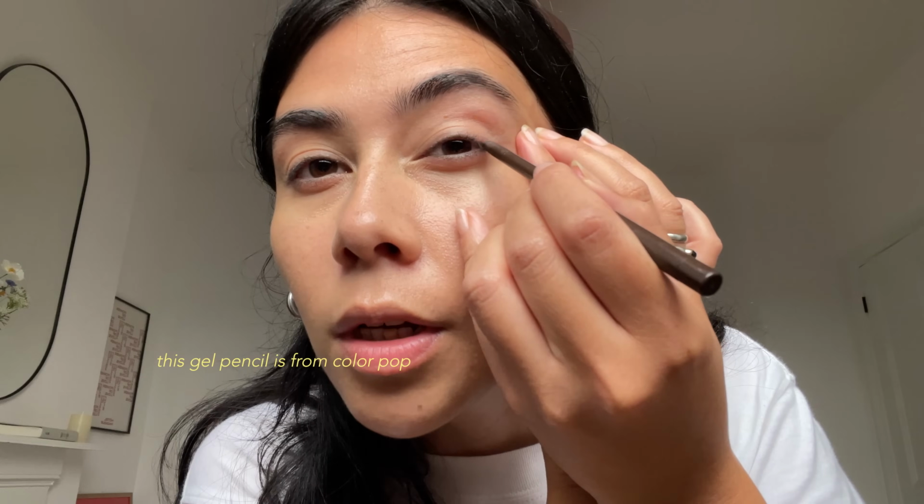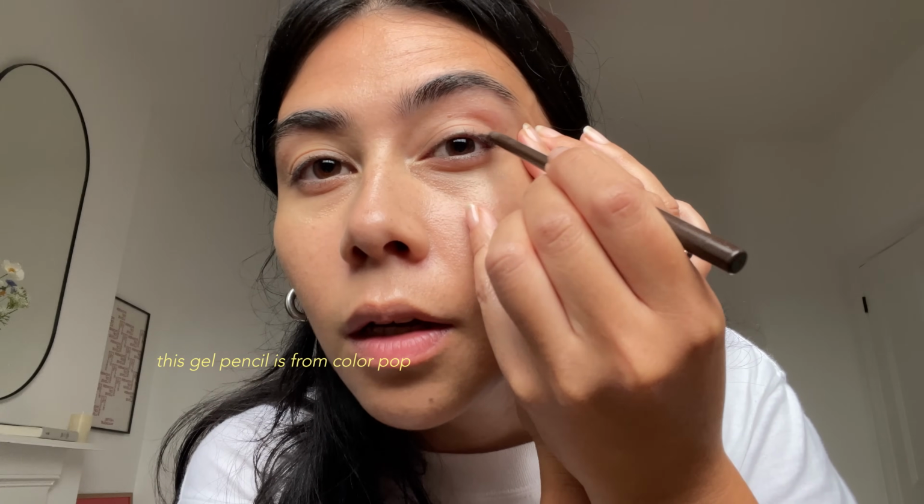You don't need these exact products. Everyone can dig out a brown from their Urban Decay palette, and a black pencil or some kind of black liner just to finish it off. You could do this with a black pencil also, but you just need something that's creamy and that will blend. This one dries relatively fast, but there's enough time to work with it a little bit, and I just bring it out to kind of this